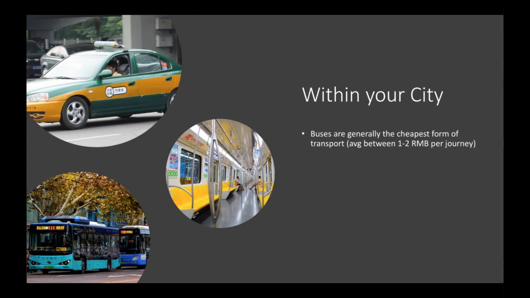Well, within your city, the cheapest mode of transportation is generally a bus. Speaking with your HR representative or manager, they will help you find a bus route from your apartment to work and also a bus route from your apartment to the centre of the city. These are often very easy to memorize, and you'll be able to either get a travel card that you can top up very easily at metro system machines or via WeChat, or simply use WeChat and get an online travel card for your city, which you can find in English, to beep against the contactless points on each of the buses. Alternatively, you can just have some change with you and use them to pop in when you get on the bus